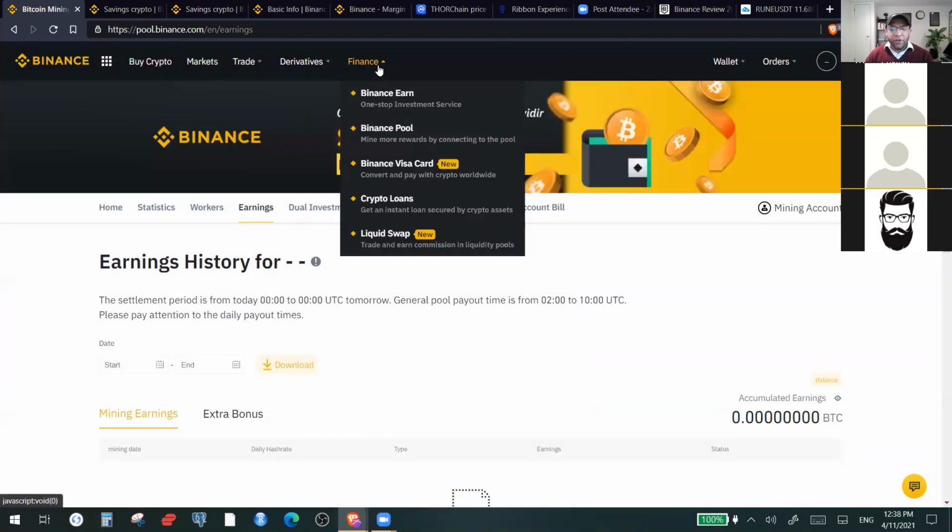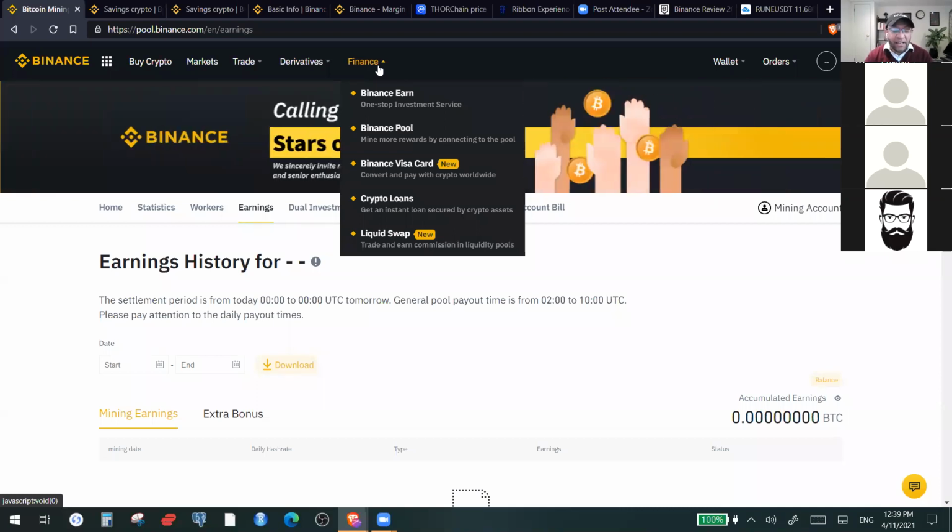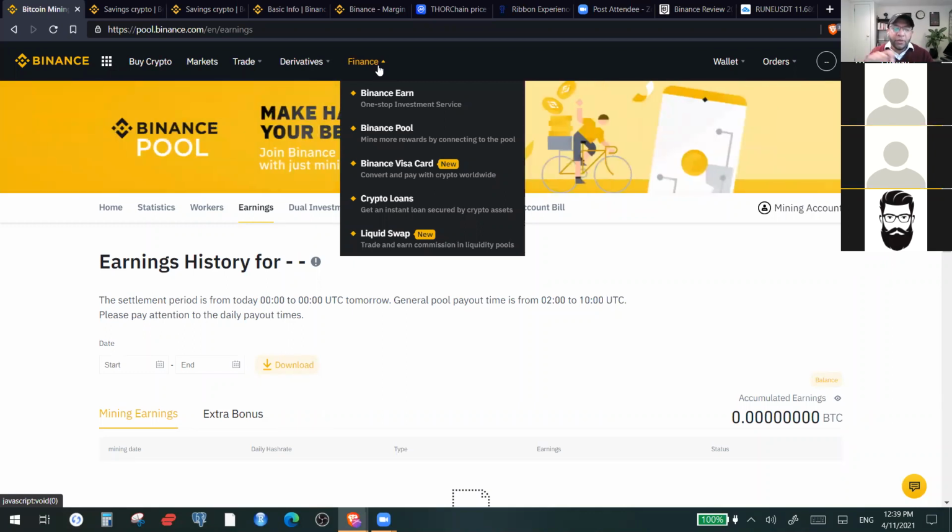But I would prefer you to use Trust Wallet on your iPhone. It's very simple. With one click of a button, you can stake. With one click of a button, you can unstake. And I can even show you